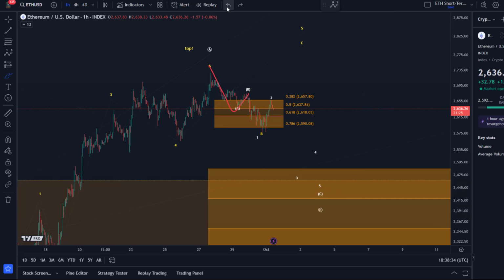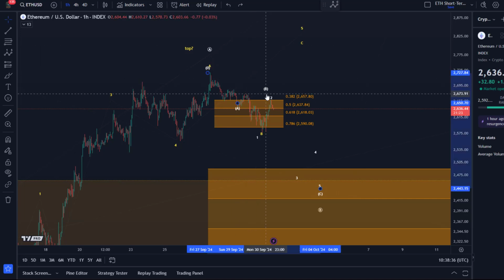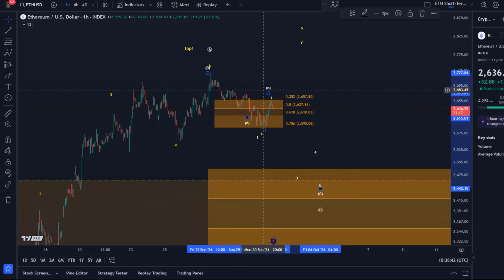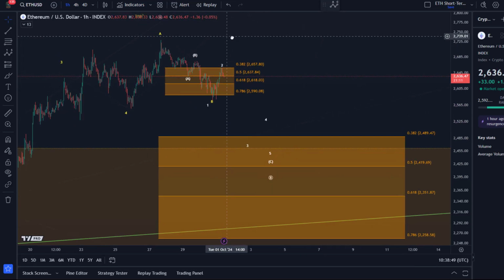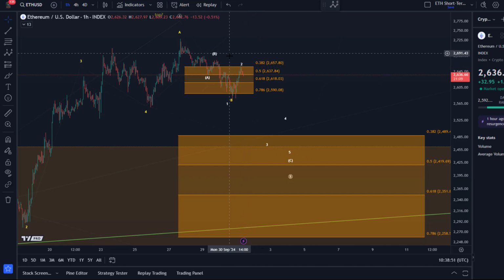I could even follow the Bitcoin structure and say maybe this is an A and then AB with an overshooting B wave, A, B, C. That's possible as well. But let's go with this first. Bottom line is that until we get a break above 2,674, there's absolutely no sign that a low is in. Also, the rally from the swing low yesterday is only in 3 waves, so it's corrective.